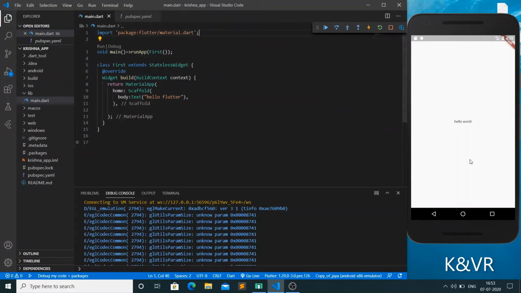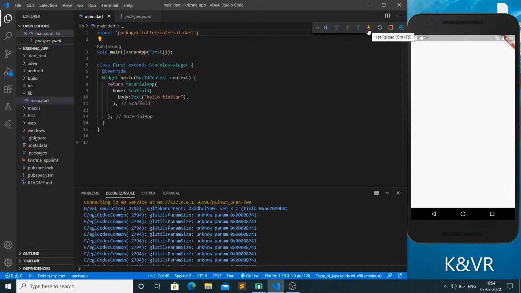It will show the output here. Whenever you are writing your code, it will show the output here easily. Just see here, it will pause and play your debug options, and it is hot reload, we know. Whenever you are writing code, it will debug automatically and fast. Restart means it will restart your app, and it is stop.